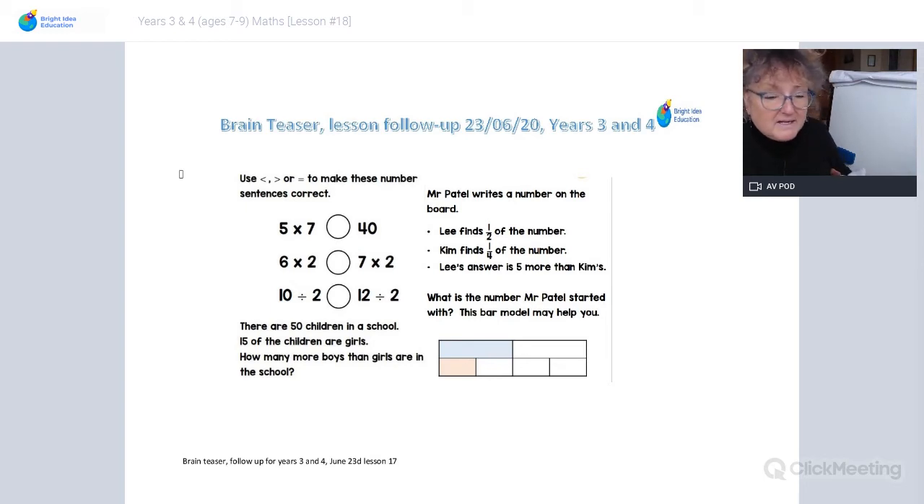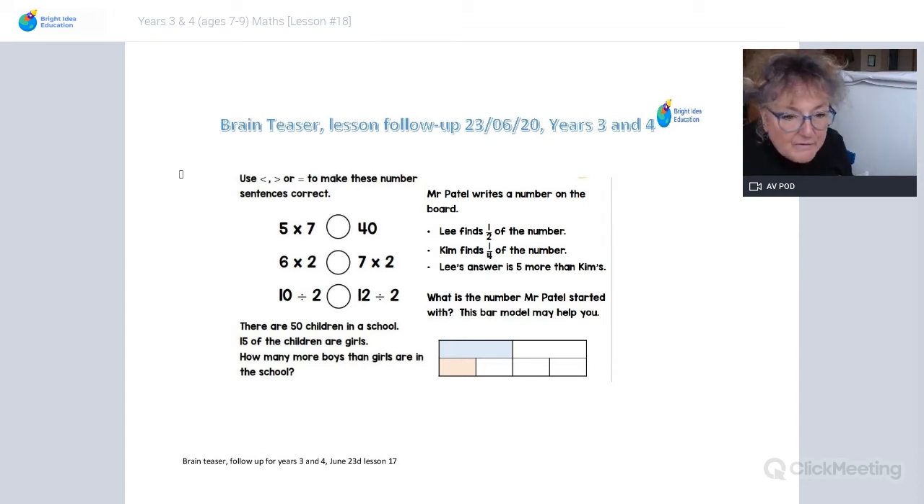10 divided by 2, 12 divided by 2. So the same thing. If you had 10 sweets and you had to share them between you and a friend, and you had 12 sweets and you had to share them between you and a friend, you're going to get more each with 12, aren't you, than you do with 10. So 10 divided by 2 is 5, 12 divided by 2 is 6. So 10 divided by 2 is less than 12 divided by 2. So the next bit,